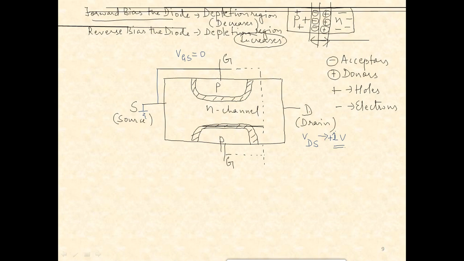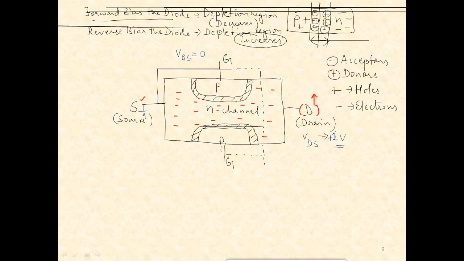Okay, fine. See, now if I am applying a positive gate potential, it means with respect to the source there is a force appearing which is trying to pull the electrons. I'll just represent the electrons like this. Okay, electrons are present everywhere in the N region, right? So they are present everywhere.